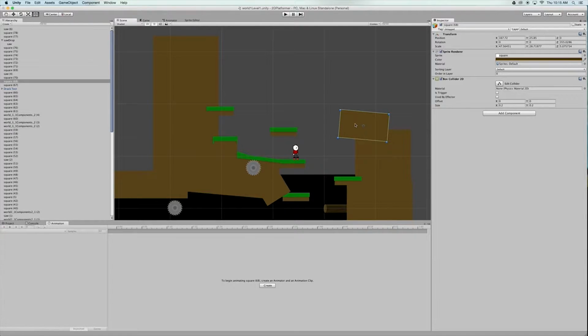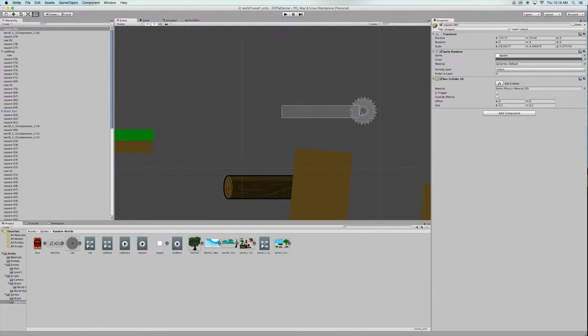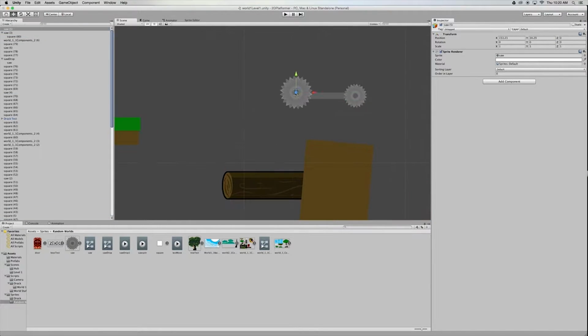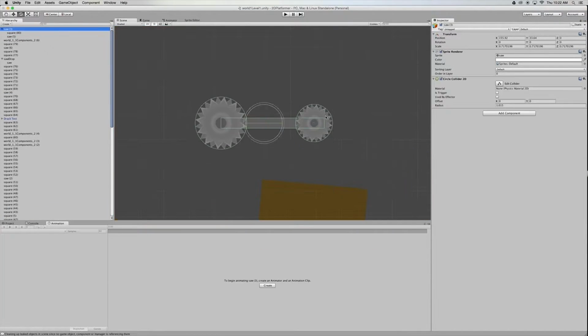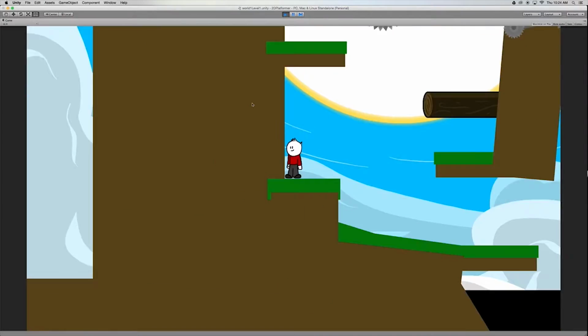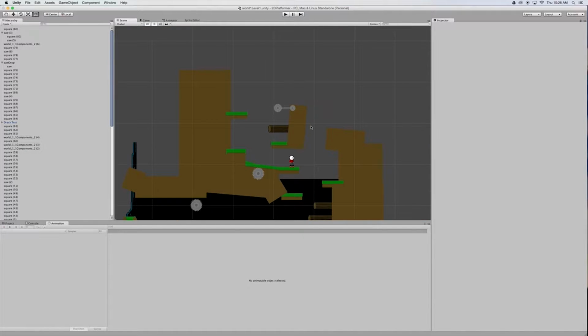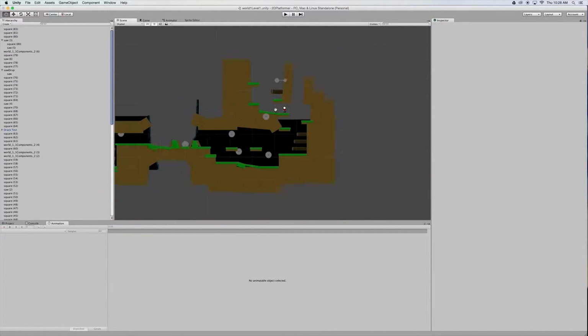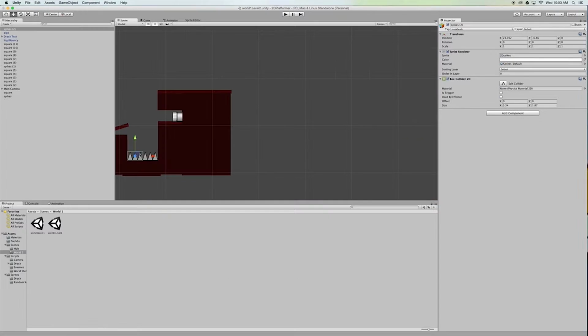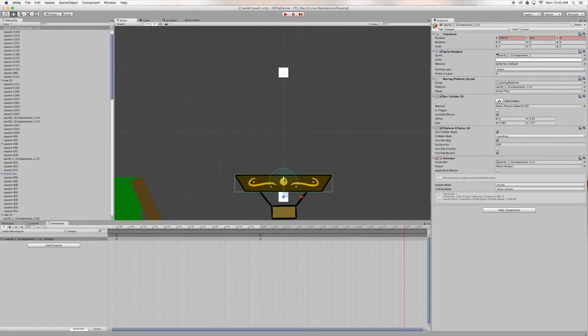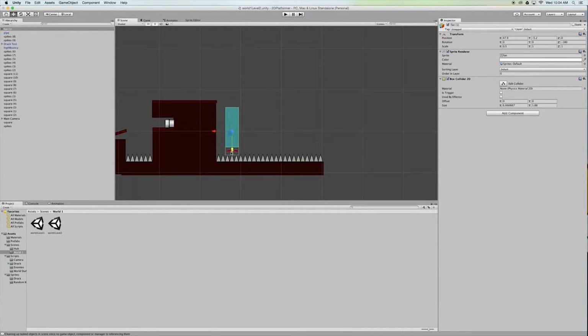Now, when it came to actually building the levels, I started off with basic shapes and placeholder images in order to get a good feel for how the level is designed and controls. Building a level can just be obstacles, enemies, ledges to jump on, moving platforms, and even more.